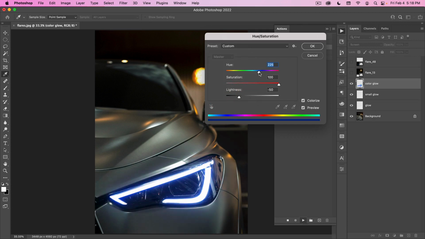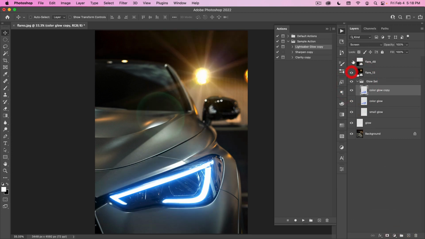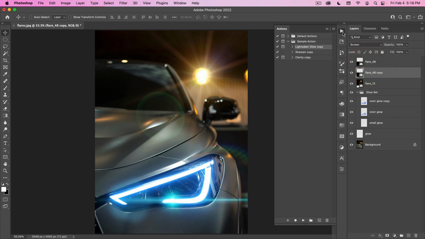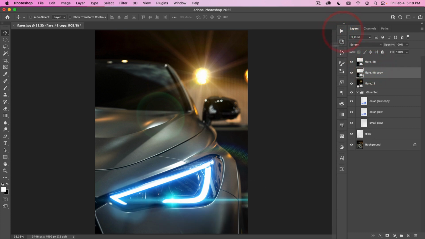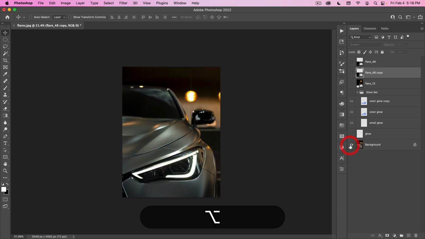We're going to make this one blue. And now this flare is just kind of doing double duty to give us some nice little light there. I can even double it up if I want, make it stronger. So that's what you can do with flares. This is a quick example, but really any image that has a light source, you can really punch those up, give the image more of a sci-fi quality.